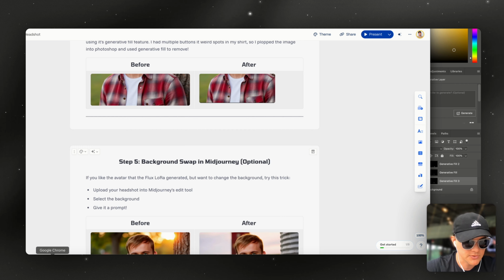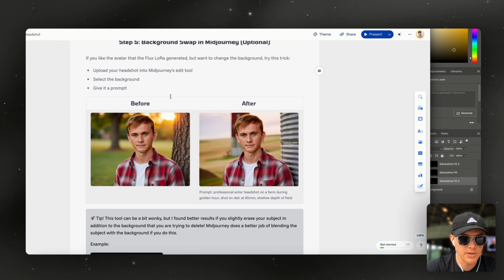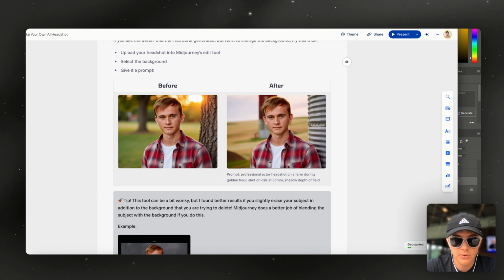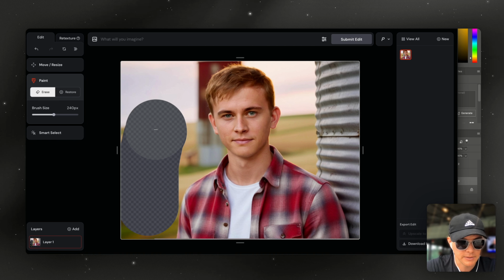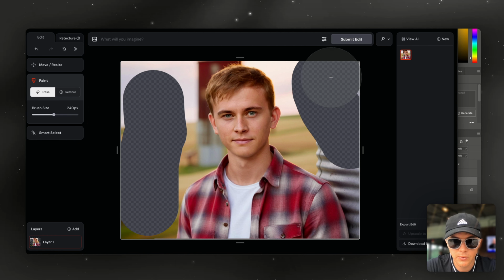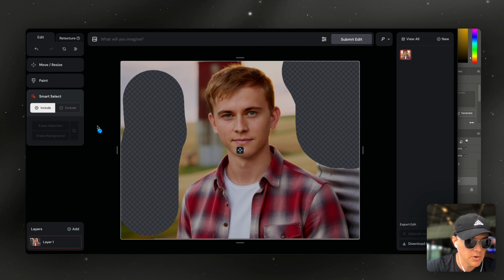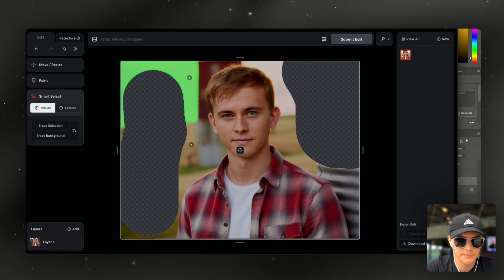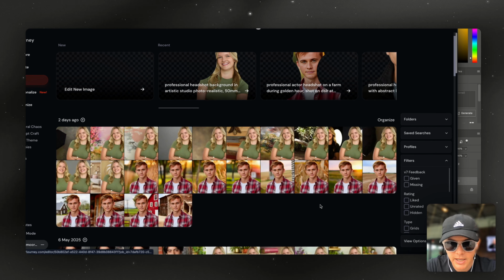And then the last optional step is going into Midjourney and swapping out the background, right? So there's a new Midjourney tool called Edit that I'm really liking. It's super powerful. It looks like this, right? So you'll drop in your image and then you start to erase everything that you want to swap out with a new generation, right? You can also go to Smart Select and click around and it'll start selecting your background. And once you're here, you can put in a prompt